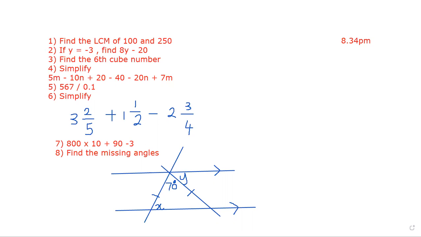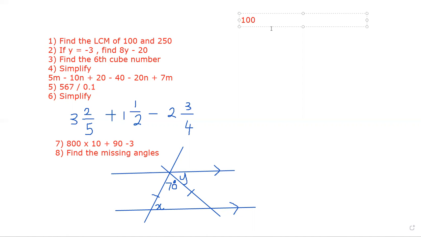Right. So when you're going to find the first one, now you have to find the LCM. We know when we find the LCM, there are two methods. The first method, you can use the division method. When you are using the division method, we are using the prime numbers to divide, or else you can use the multiplication method. So I'm using the multiplication method because it's a bit convenient.